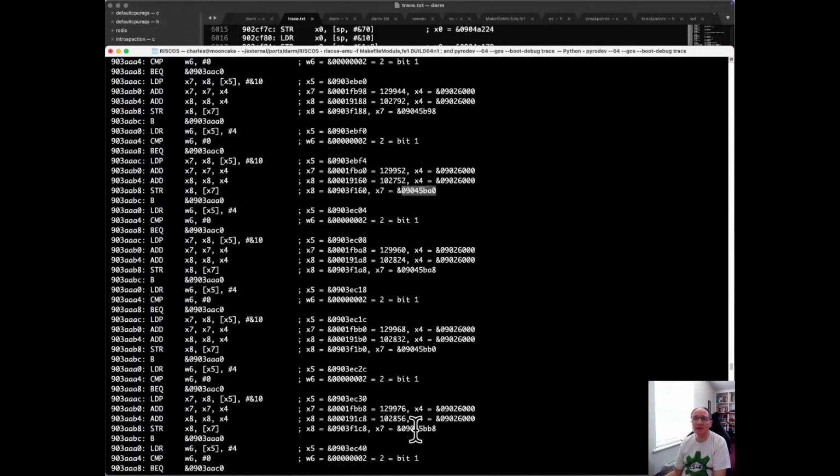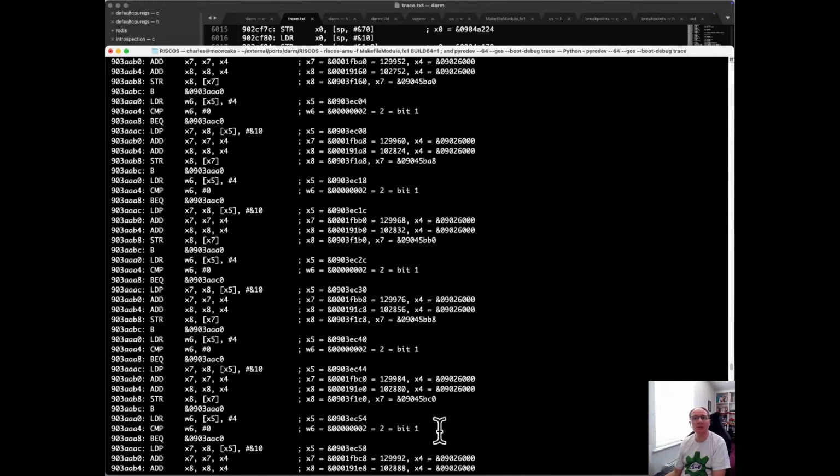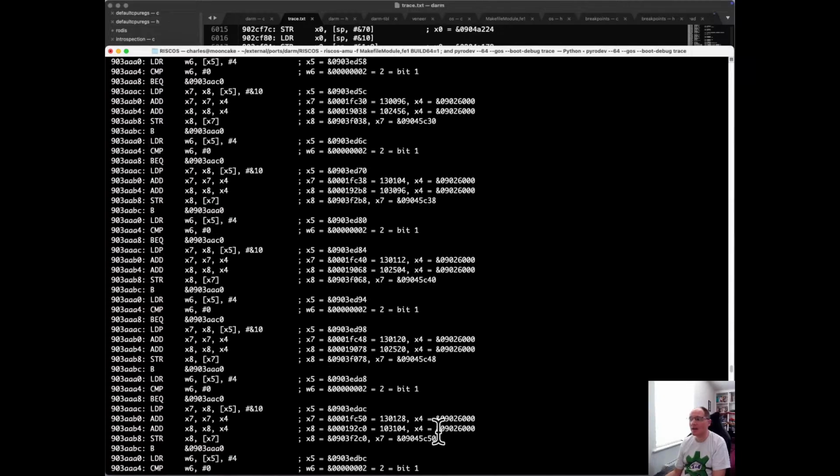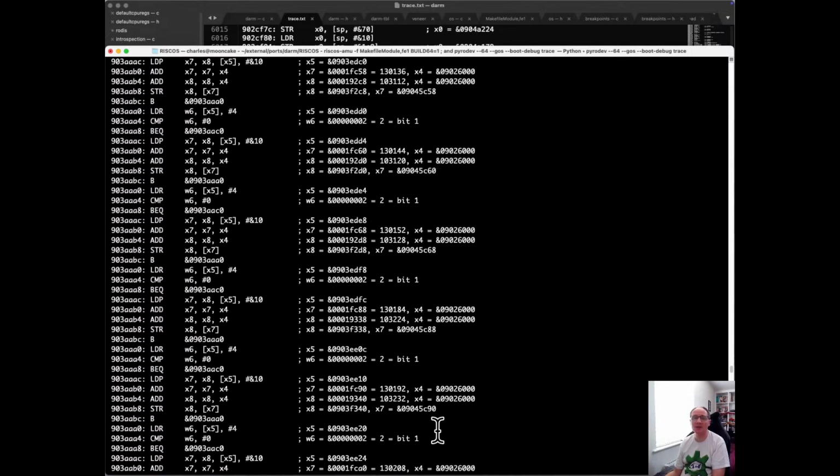Yeah, these addresses here are looking realistic. These ones, however, are the source. That's the relocation location, the place in the table, not the thing it's pointing to. Yeah, I'm definitely going to have to look at this offline because it's not a problem with the debugger. It's a problem with my